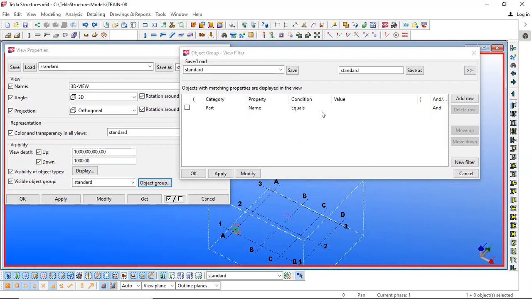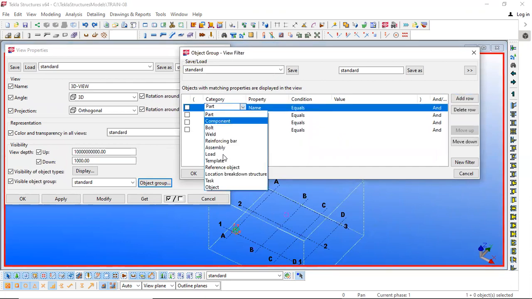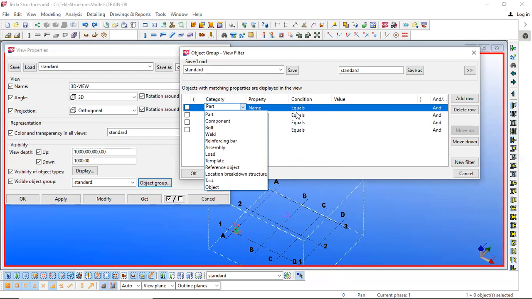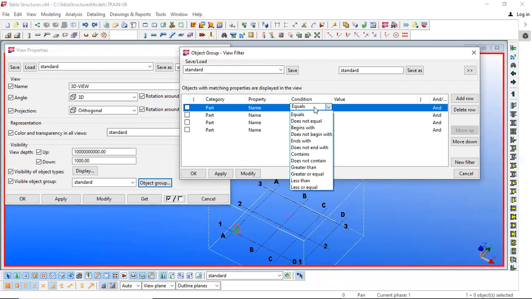Similarly, here we can add a number of rows, and you can add any kind of condition, whatever condition you want. There are different categories given here. You can choose from any category, and any combination you can use from here. Then conditions are given, what kind of condition you have to apply to a certain part or certain properties, and that can be decided from here. Numerical conditions will be there, like greater than, less than.